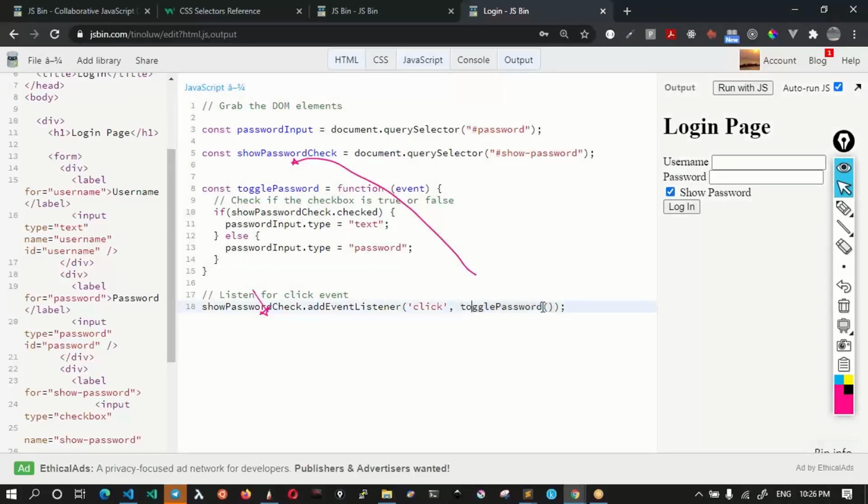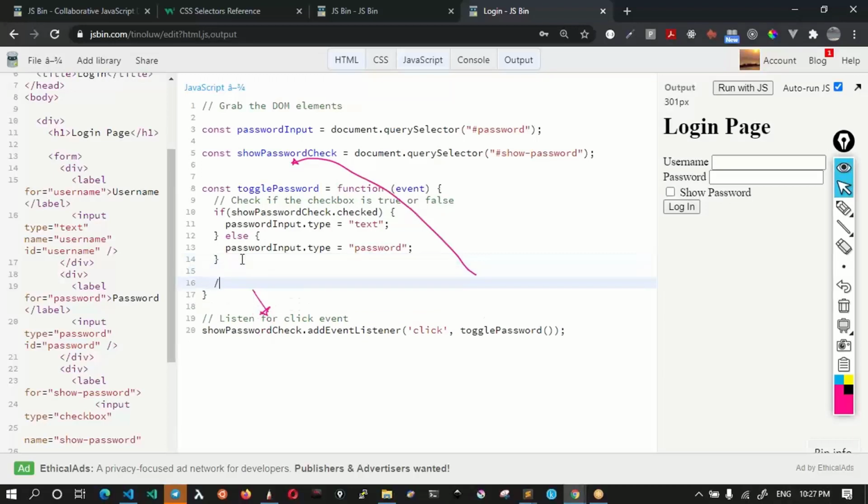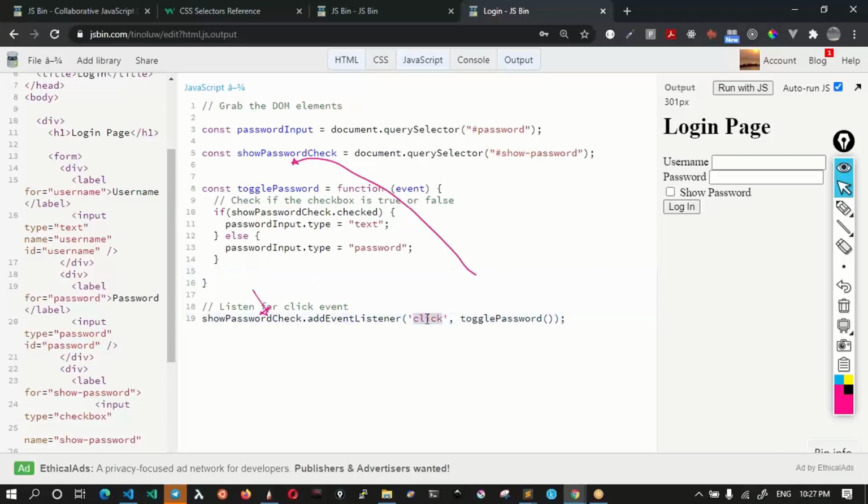Because when you call this function directly, this function is not returning anything, right? So by default, undefined is returned. And undefined is attached to the click event, and that's why the click is not firing. Is it clear, everyone, why this is not working now? Because you are invoking the function immediately. See, opening and closing parenthesis means execute the function immediately. If it is immediately executed, it is not returning anything, and undefined will be attached to the click handler. If you try to click it, nothing will happen because there is no event handler. We have to give a function reference. So do not call it. Simply give a function name here.